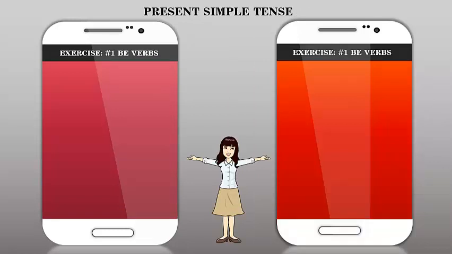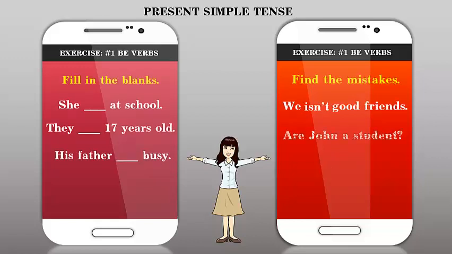Let's start with the first exercise. In this exercise, I want you to focus on the be verbs. Remember, be verbs in the present simple tense can be is, am, or are. Take a look at the first sentence. It says, she blank at school. The subject of this sentence is she. What be verb do we use for she? The correct answer is